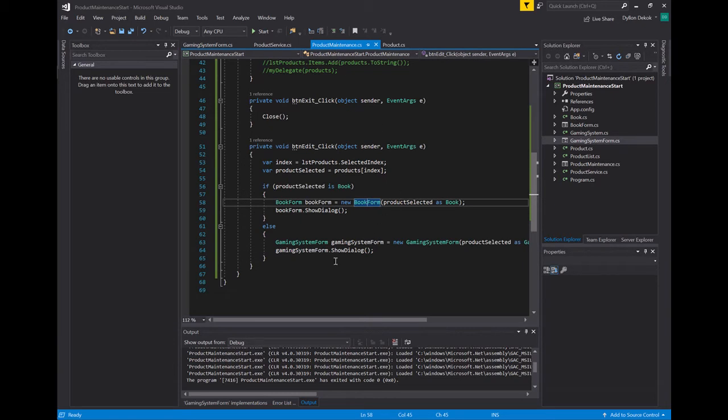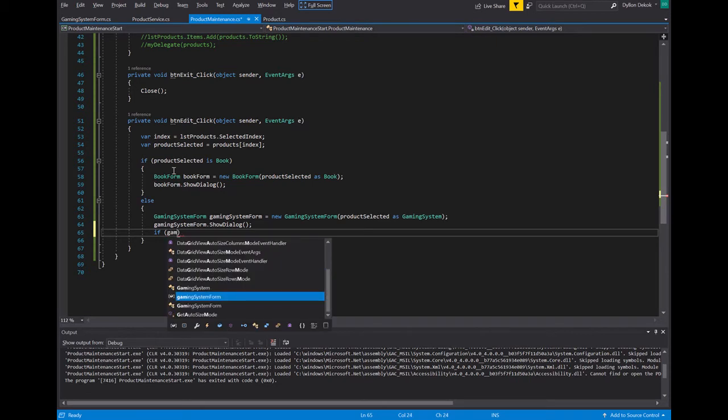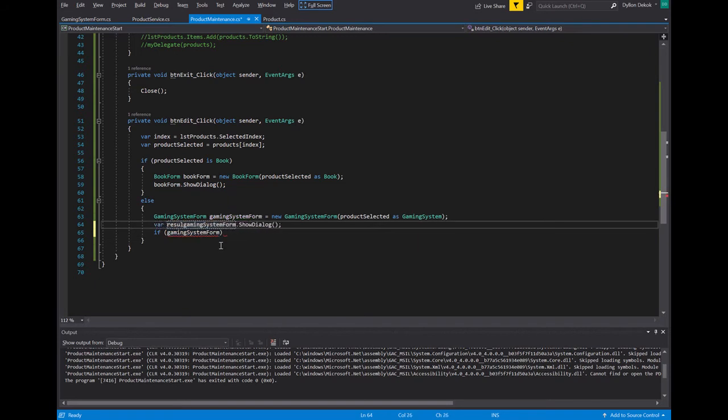So when you come back here, and we're dealing with a gaming system, once they're done doing whatever they're doing on the other form, we can say if the gaming system form, actually, I think this show dialog returns a dialog result. So let's say var result equals gaming system form.show dialog, and then I'll say if the result